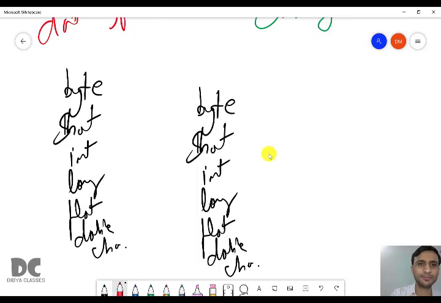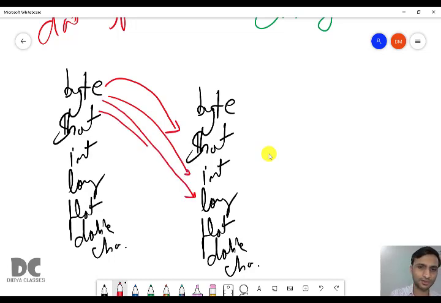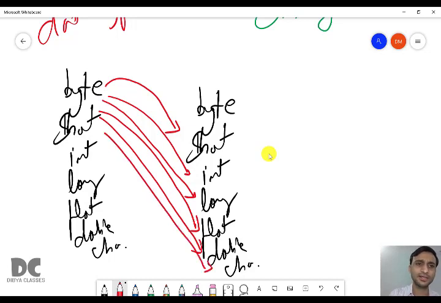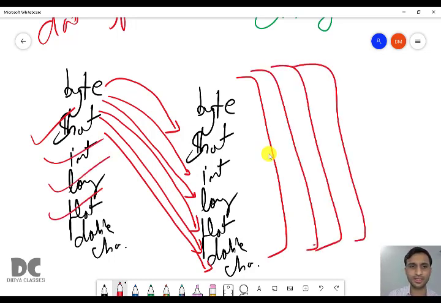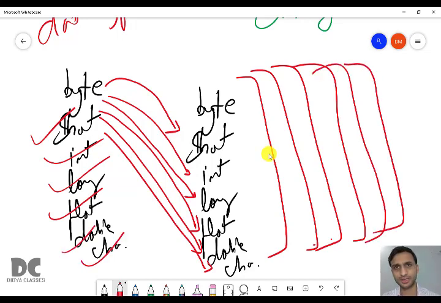Byte can be converted to short, int, long, float, double, char. Similarly, short can be converted to these types, int can be converted to these types, and so on for long, float, double and char. It can be converted from one primitive data type to another.